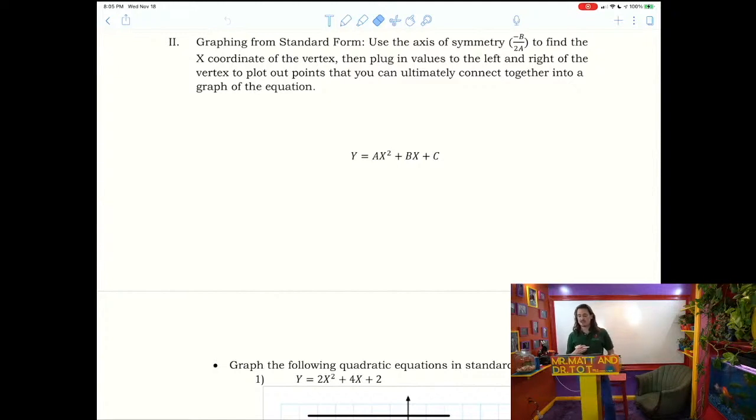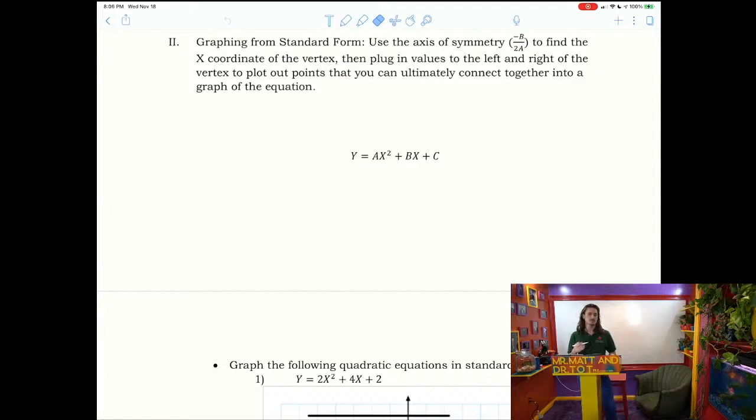Then we can plug in values that are to the left and to the right of the vertex to plot out points that you can ultimately connect together into a graph of the overall equation. So that's our overall solution pathway. That's our approach, that if we're given a quadratic equation in standard form, we can surmise the axis of symmetry